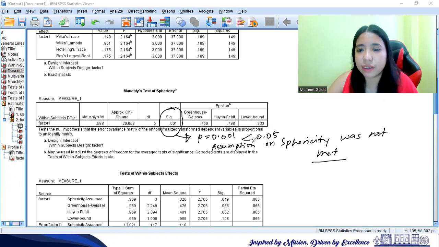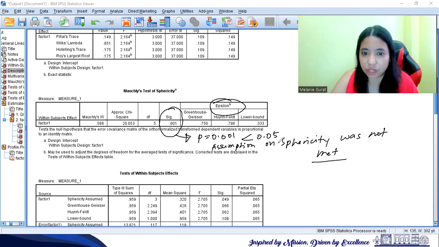In case that, just like in our data, our assumption on sphericity was not met, we have to consider the epsilon. In epsilon, we will be looking at the values of the Greenhouse-Geisser and the Huynh-Feldt. But we also have here the lower bound.